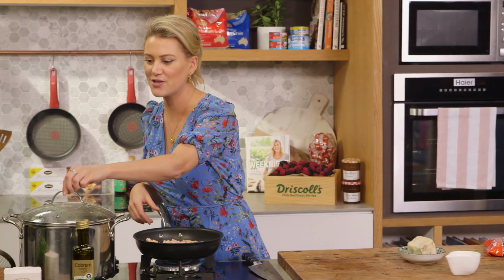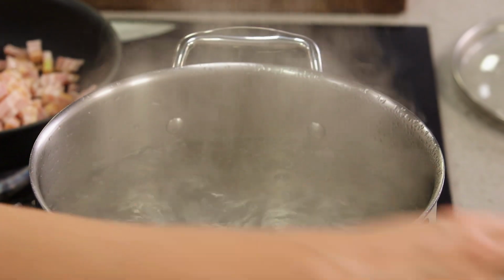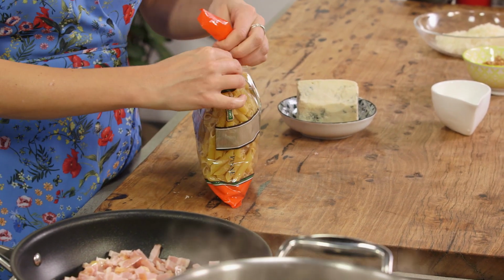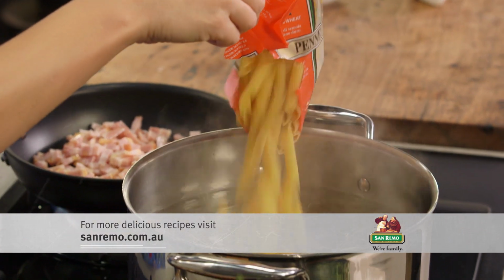It's all about fast cooking with this pasta. So some rapidly boiling water, and I'll add a generous pinch of salt. Now today I'm going to be using some penne pasta. In my book I use casarecce. You can use any style of short pasta for this recipe. So in with about half of this packet,